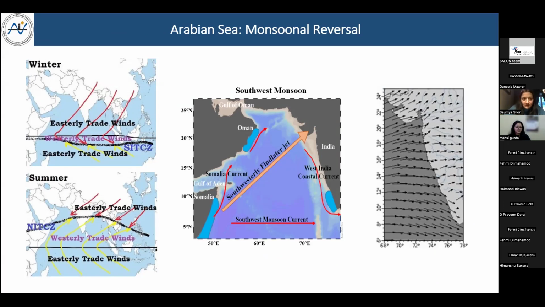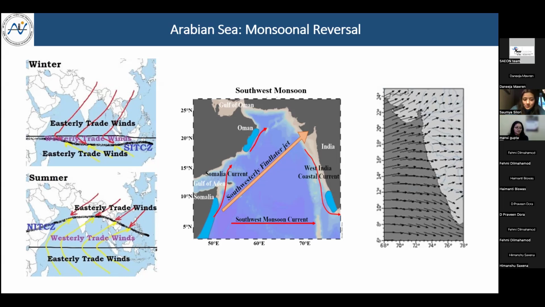If you look at the picture here, in this first picture in winter, we see that the direction of the winds is mostly northeasterly. Then during the summers, when the northern hemisphere heats up, the intertropical convergence zone moves to the north of the equator. During this season, the winds are primarily southwesterly in direction, and this happens during the months of June to